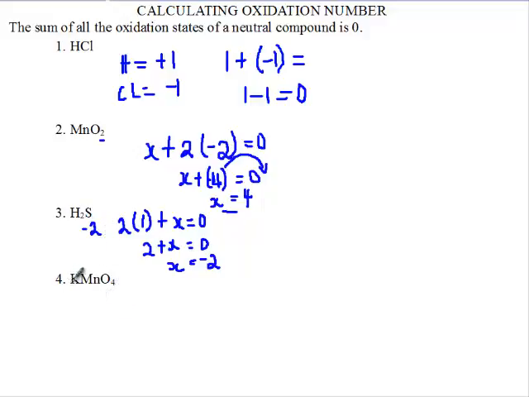Now let's see the last example. Potassium is a group 1 element, so its oxidation state is +1. We do not know that of manganese in this equation, so we use a letter to represent it. And then how many oxygen atoms are there? 4. And what is oxygen's oxidation state? -2. So 4 times -2. And what will everything be equal to? Everything should be equal to 0. So 4 times -2 will give us -8. So 1 plus X plus -8